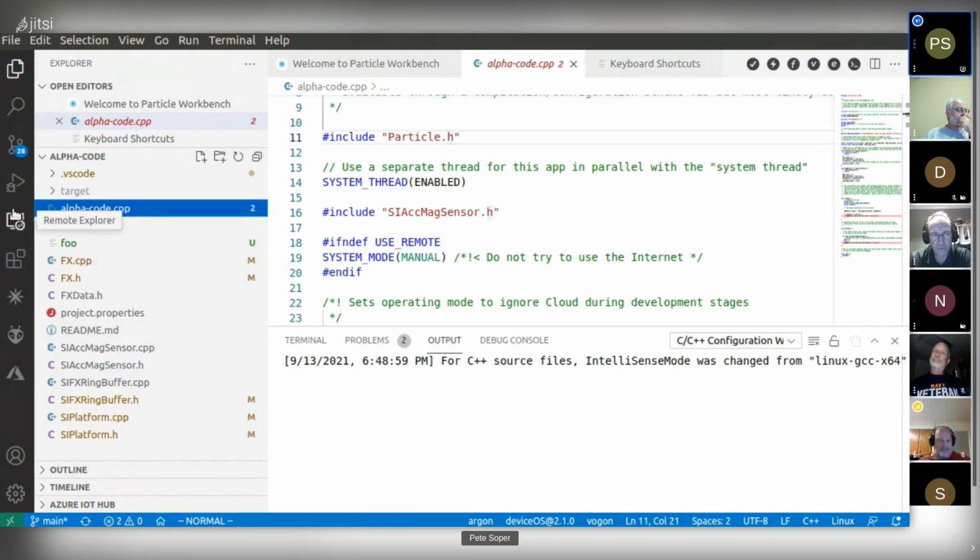So if you're using Mac OS or Windows or the right version of Linux, and I assume that's a vanilla Ubuntu probably, here is the debug button.